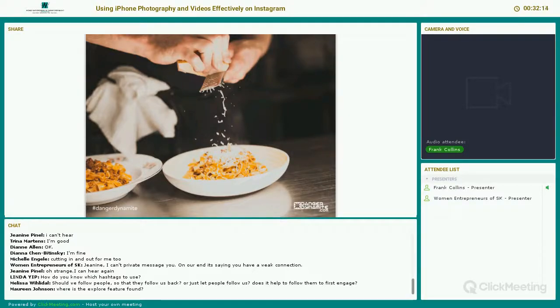Sorry, Melissa, should we follow people so that they follow us back? You should follow people, and if they follow you back, that's great. You can also just let people follow you, but